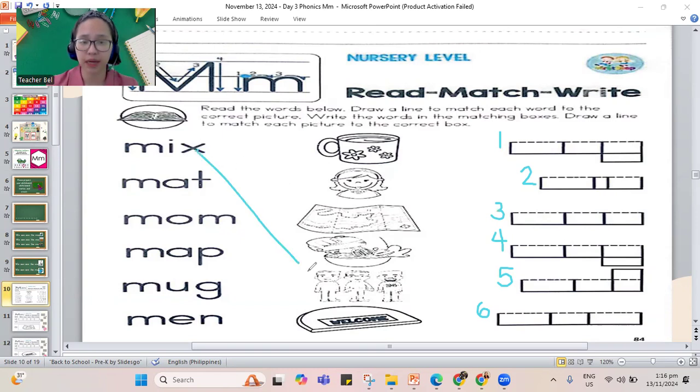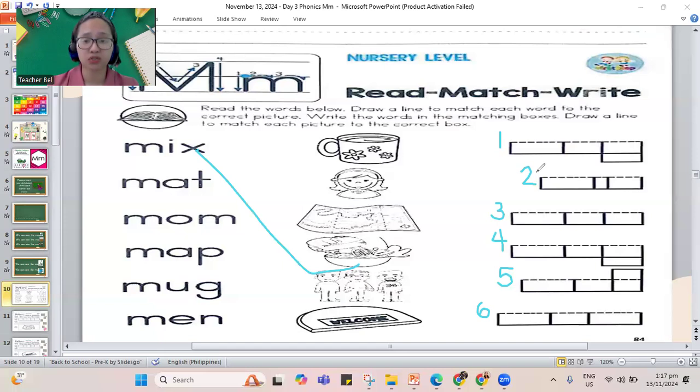Let's make a line. Now, where do we put mix? The word mix has an alligator letter M, an alligator letter I, and an alligator letter X. In number 1 or in number 2?